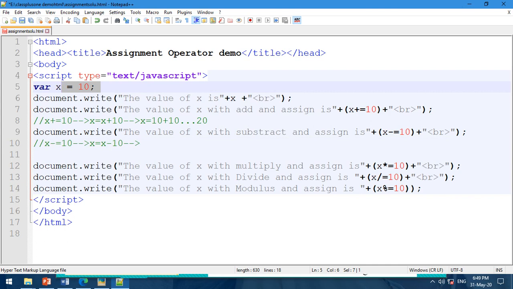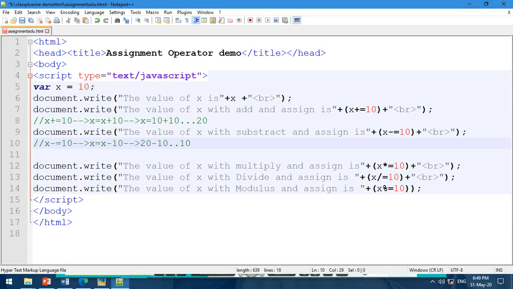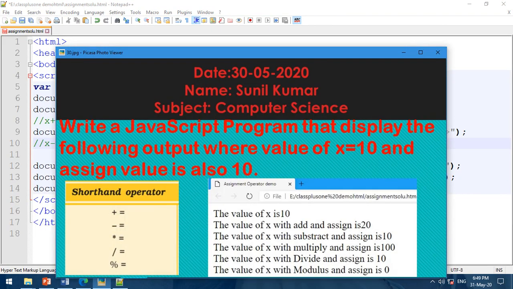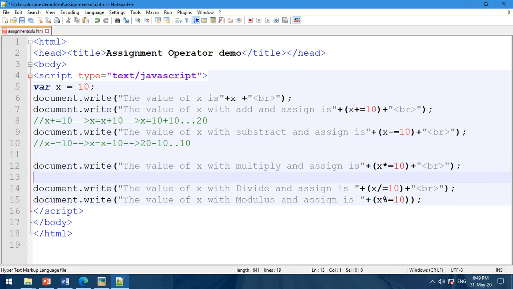But as we know, the computer reads things line by line. So here, what is the value of x when we execute this statement? It changes the value of x, and now the value of x is 20. So here we go, 20 minus 10, so the output is 10. That's why in the second statement, the output is 10. Okay, this is the question, actually the main question I have.